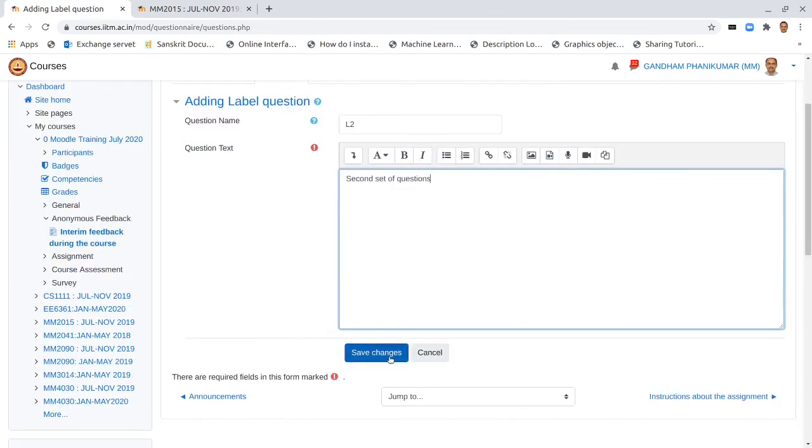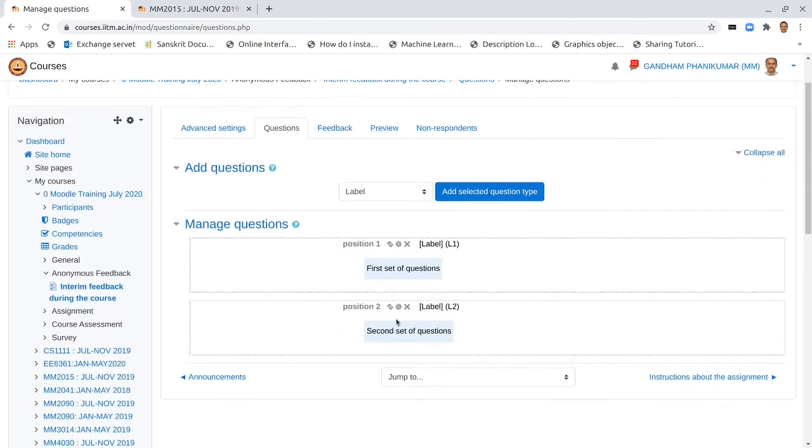Second set of questions here. So you can see that there are two of these placeholders, and we can move them up and down using this button, and have all the questions neatly organized.